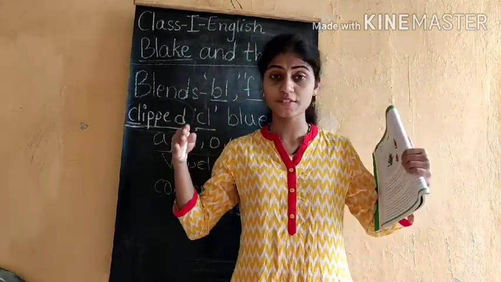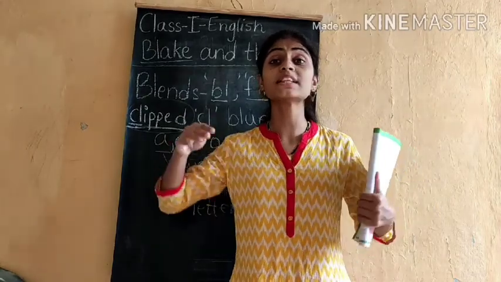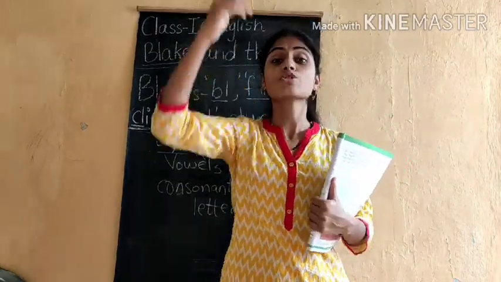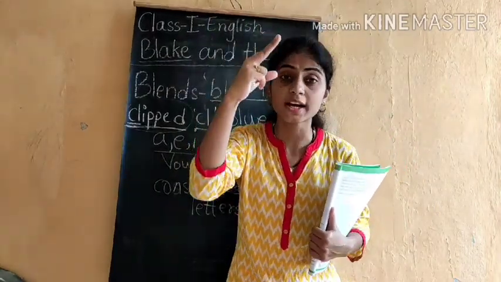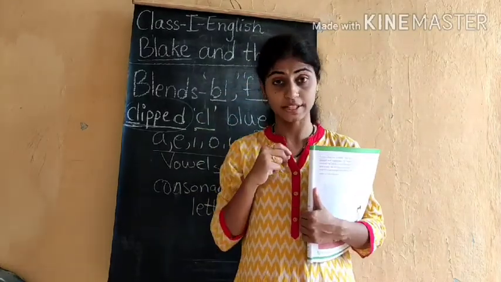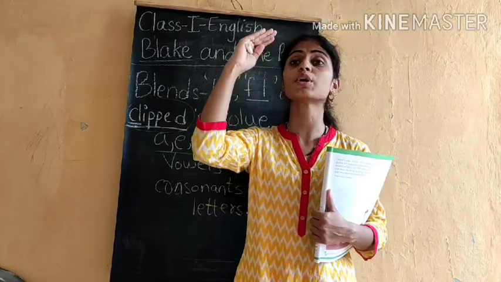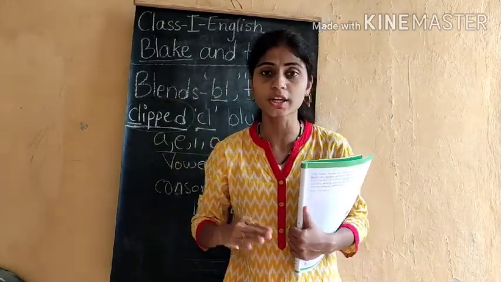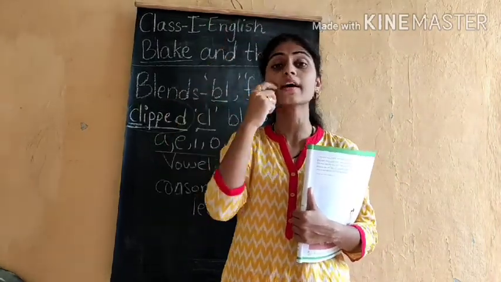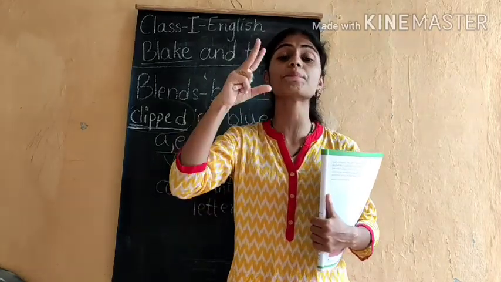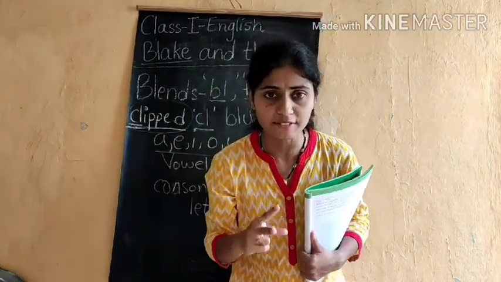You know, birds, you have seen, they have wings. So people, they should not fly high. So what do people do? They cut off their wings, or they clip their wings, to reduce their flying. They should not go very high up. So what do people do? They clip their wings. That means they cut off their wings.